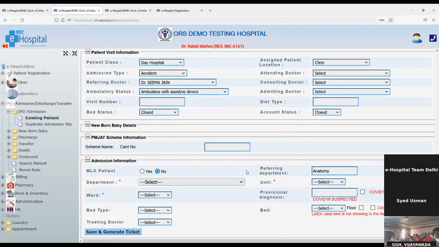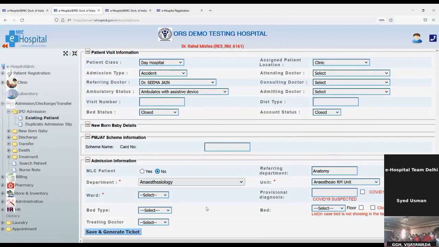Now we can select the department where we want to admit the patient. Whatever units we have added in this department will be reflected in this drop down. We can select the unit,